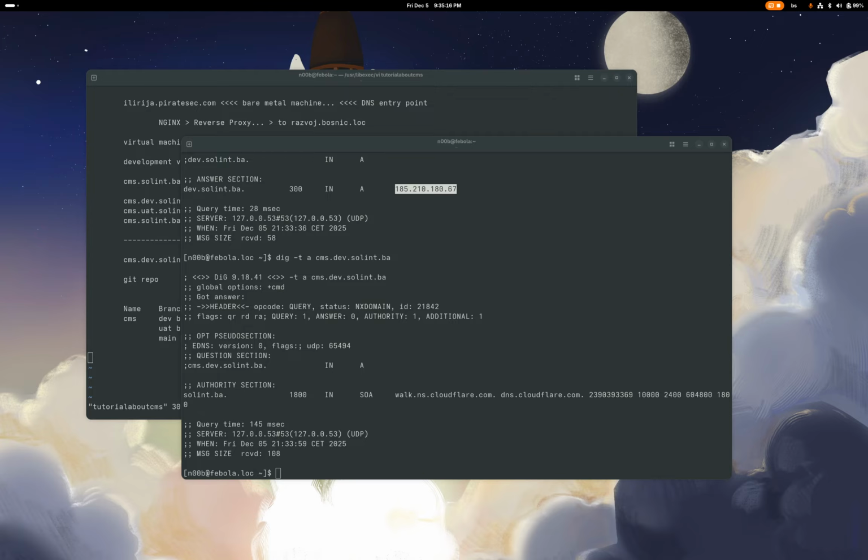So add record. The IP address, and not proxied. And the CMS as well, and the same IP address, not proxied. And I know that you don't see these, but never mind. It's simple, you will see in a minute what I just did. So now it should be